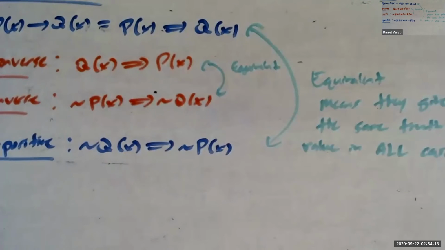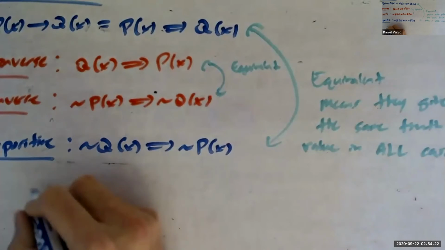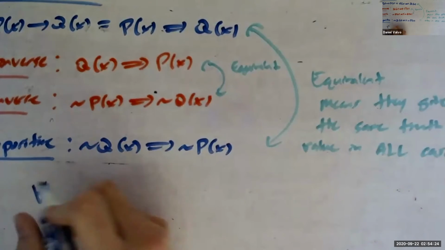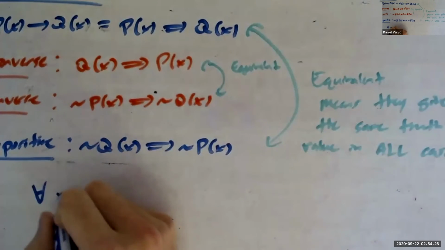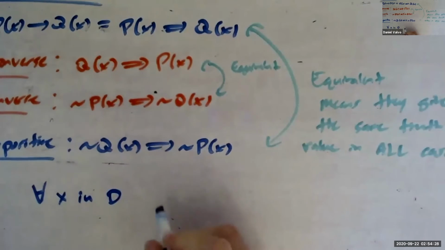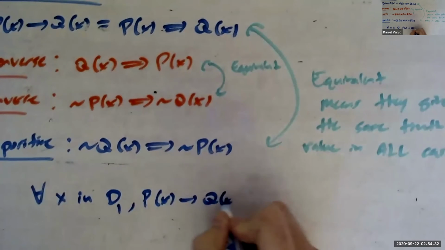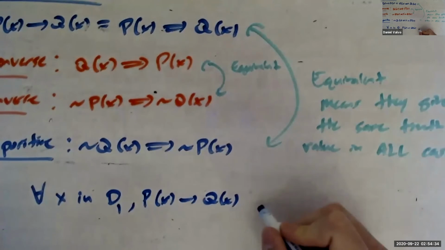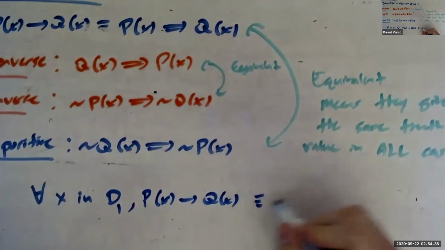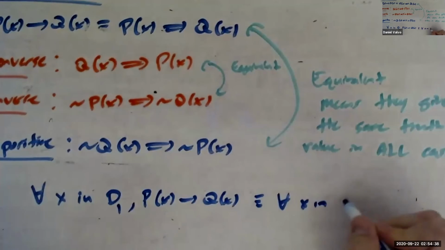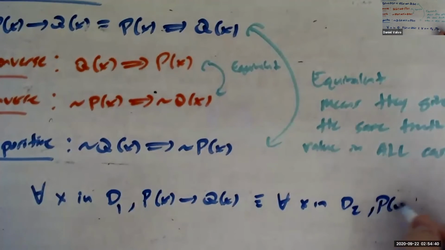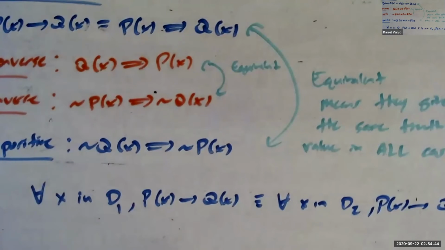Now, good question though. For example, if I say that for all x in domain 1, P of X implies Q of X, does that mean that it's equivalent to for all x in domain 2, P of X implies Q of X? Remember, we make up what the domain is. We'd be talking about different things. So for example, if I were to say